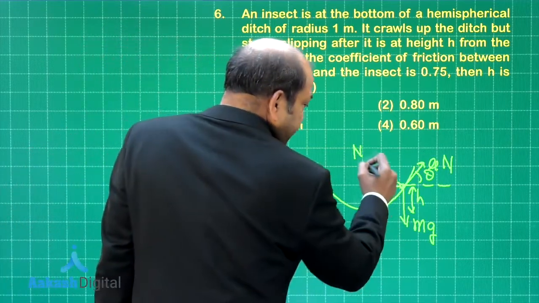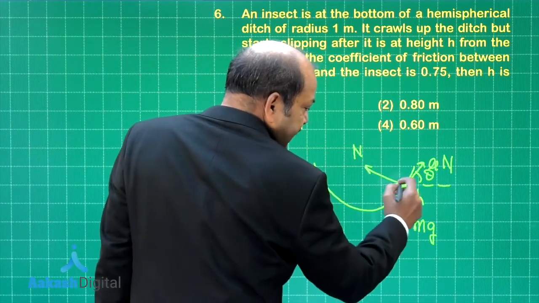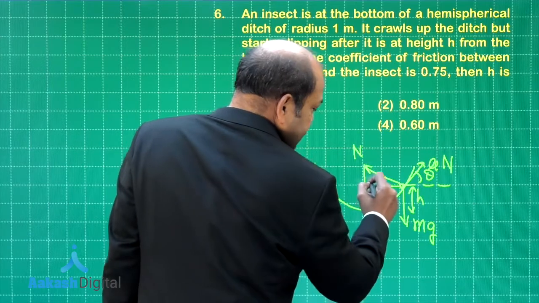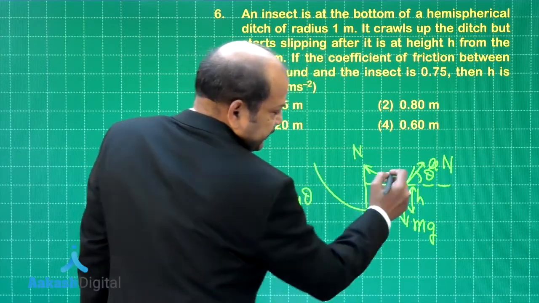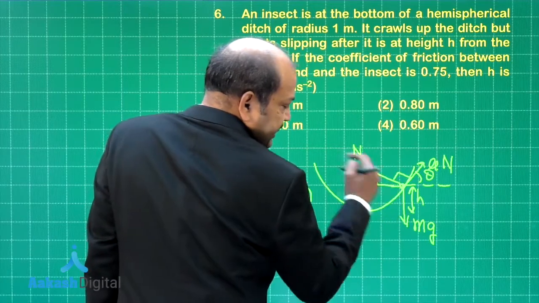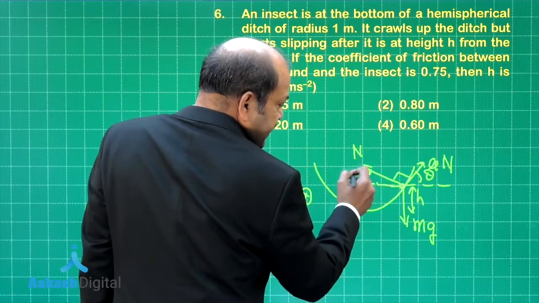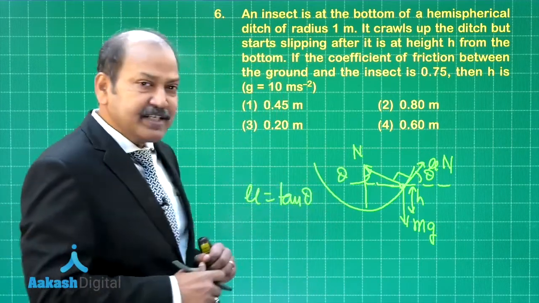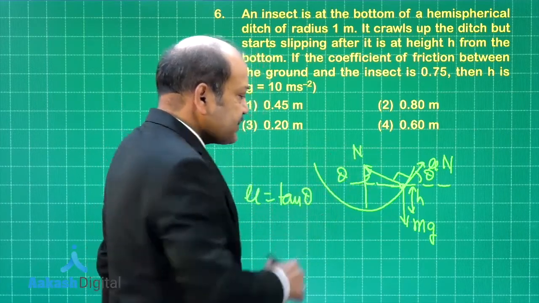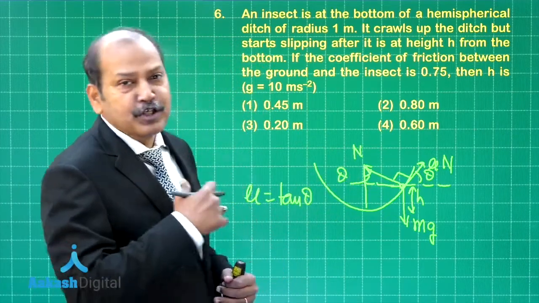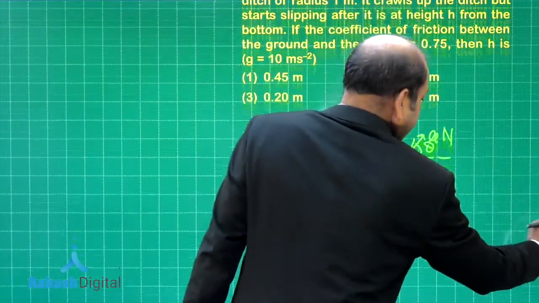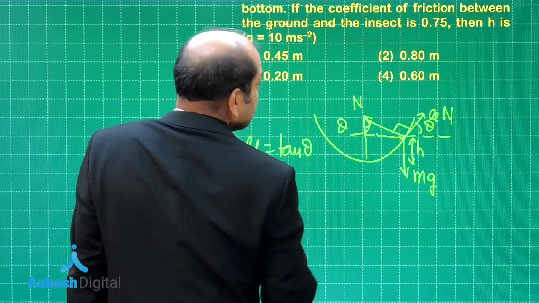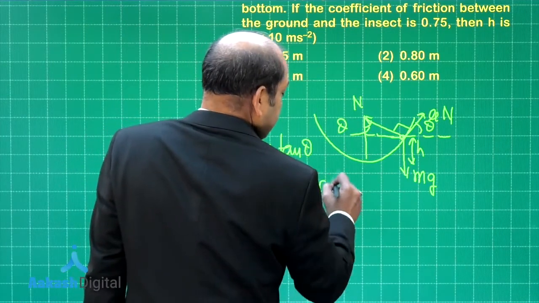So let's start with now mu equals tan theta, and if that is the case, what's the value of h? Now the value of h would be, h is in fact equal to r minus, if this angle is theta, well, let's draw a vertical line through this, let's extend this line, this angle is 90 degree. So this angle is 90 degree minus theta, and this angle is also in fact equal to theta. So what's the value of h in terms of radius? Well, h is in fact equal to radius minus radius into cos theta. So h is equal to r into 1 minus cos theta.